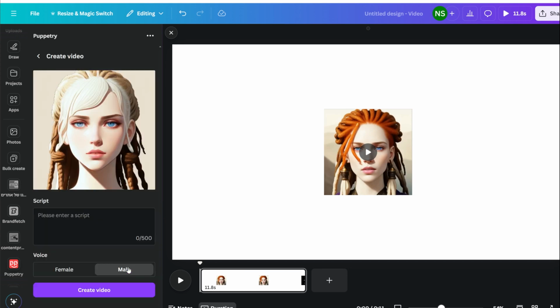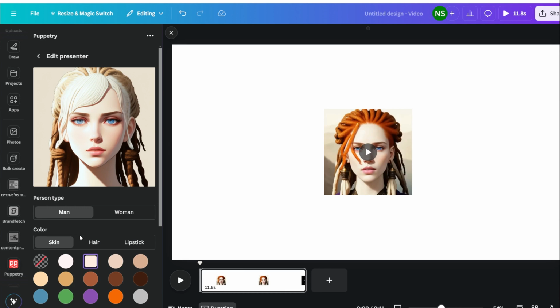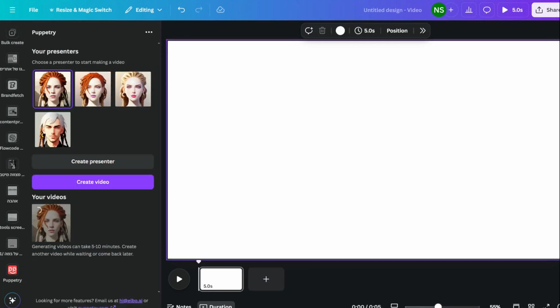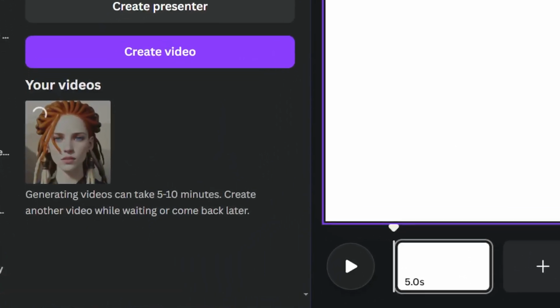If you want to use a puppet in a video or customize it differently, click on the pencil next to the puppet to go back to the design page. There you can create a new video, allowing you to use the same image repeatedly in your videos. While the video is processing, you can leave the app and do other things, as it will generate the video